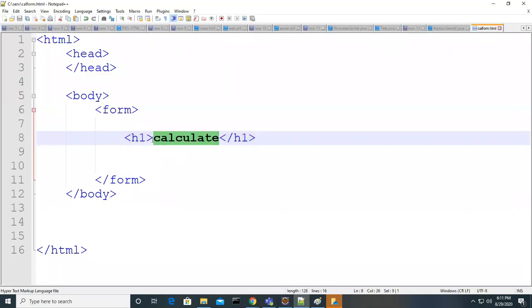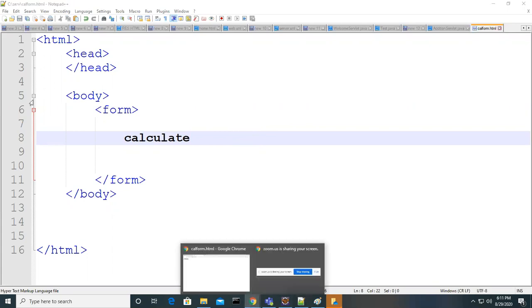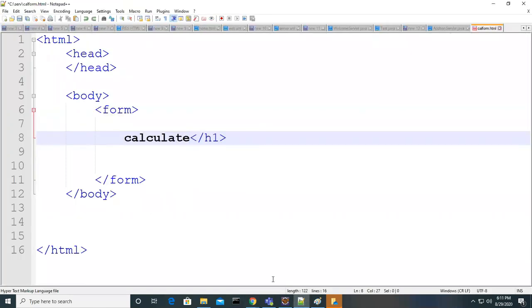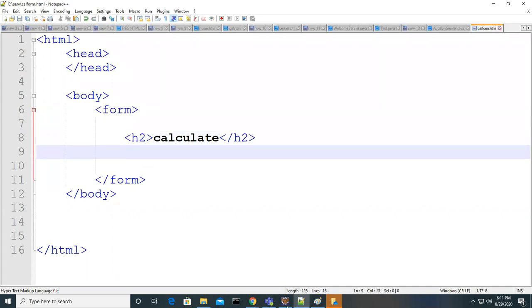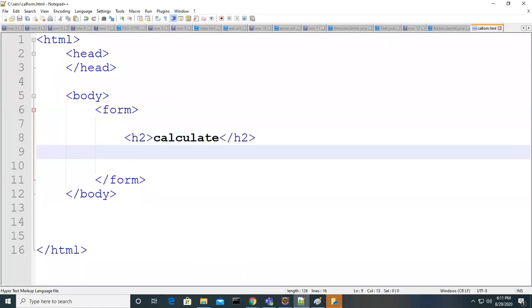But if I don't keep it inside that tag, what is going to happen? It's very, very small and it's not bold also. Okay. I'm returning back here. Then I'm going to make it as 2. So look at this. I'm just trying to explain the differences between H1 and H2 tags, the purpose. Okay. So now let's go and see that. So this is the calculate. Comparing H1 to H2, it got smaller.